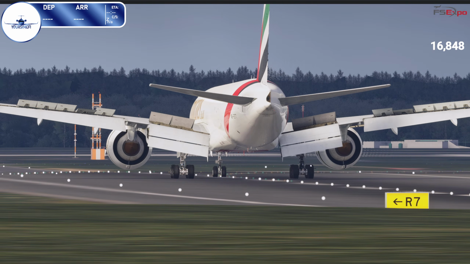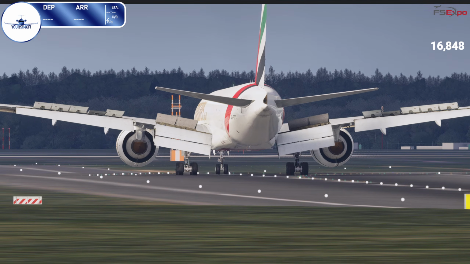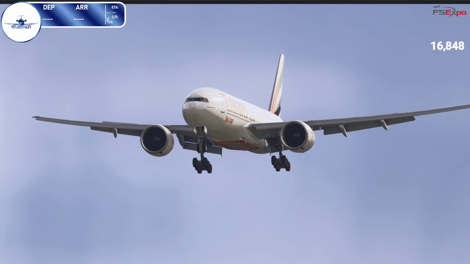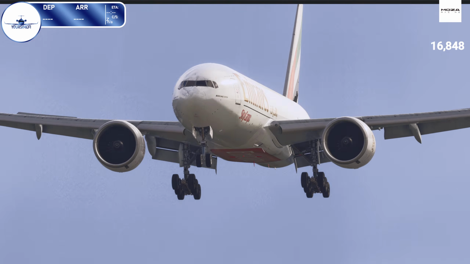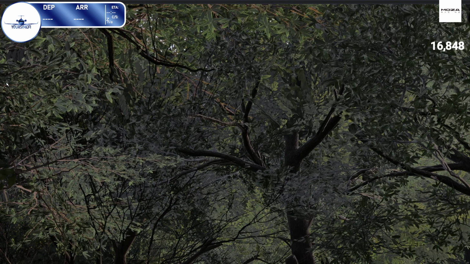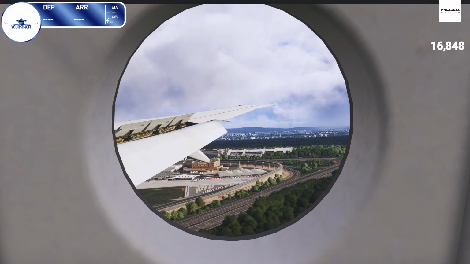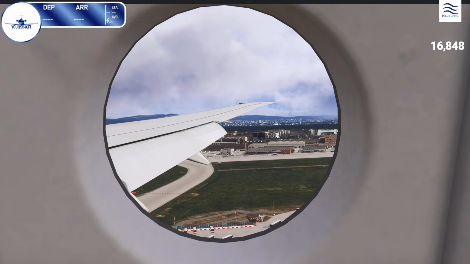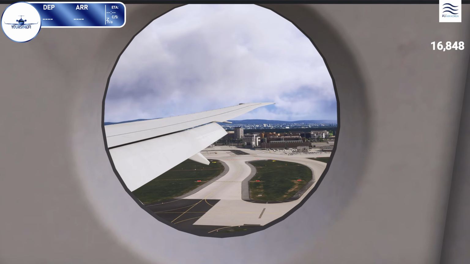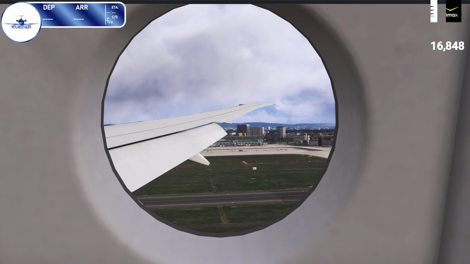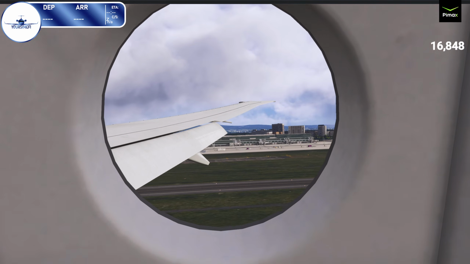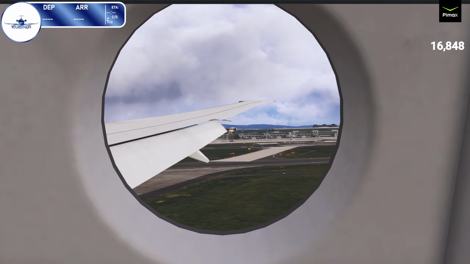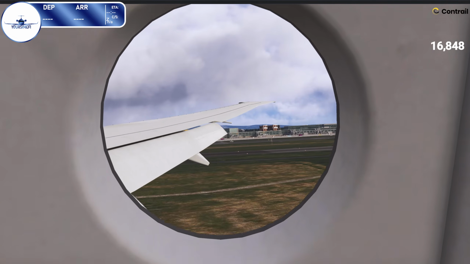Our VRAM is tanking right now, though. I don't know why. The Aerosoft sceneries are always a little heavy for me. About to get a resource exceeds any second here, guys. Yeah, this was a good nice landing. I don't know why the sounds aren't working, but